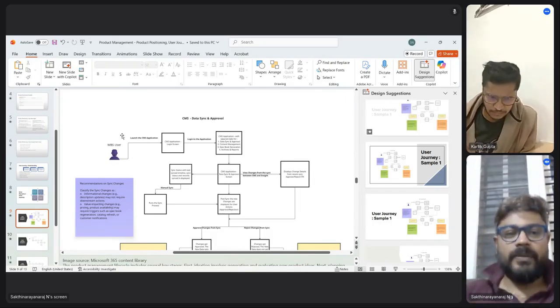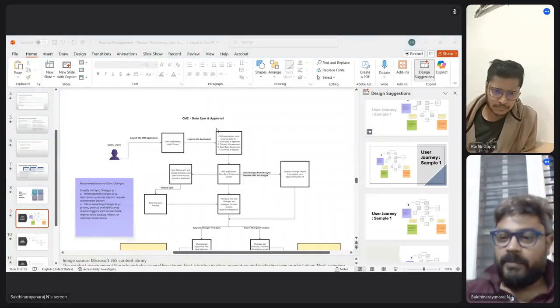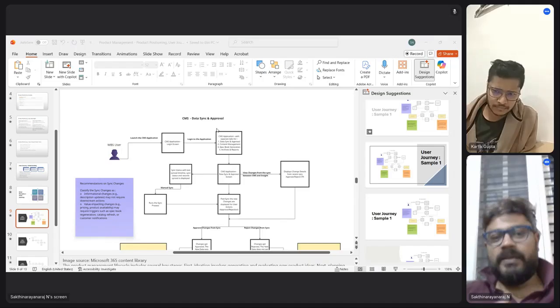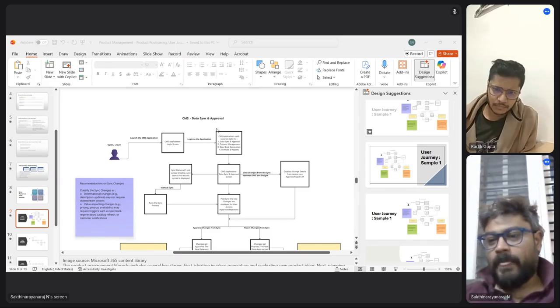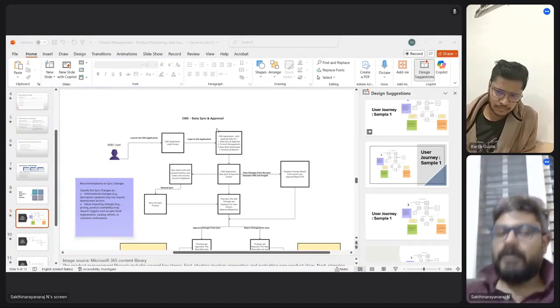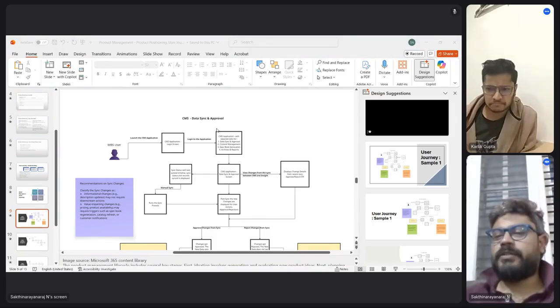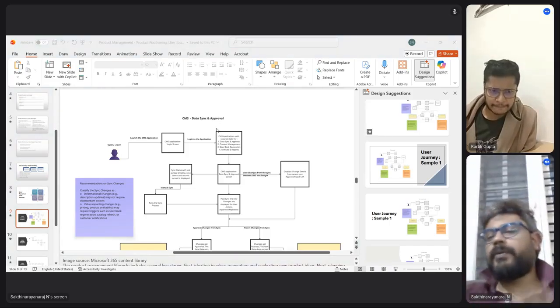This is a sample. Basically, this is a CMS application, and this is a real-time CMS application I built as a freelance project. I built them this user journey, and I created their BRD. People pay you really well to create such documentation and user journeys. It's pretty simple: understanding the requirement and making it into a flow.